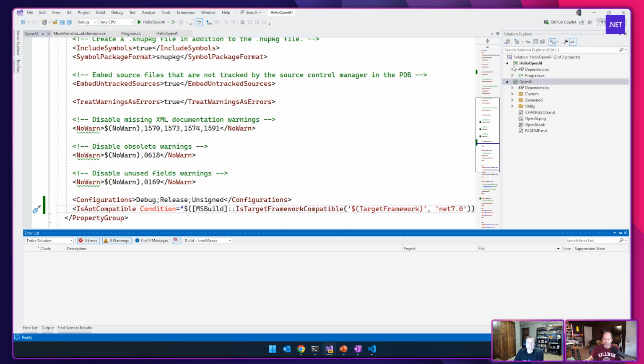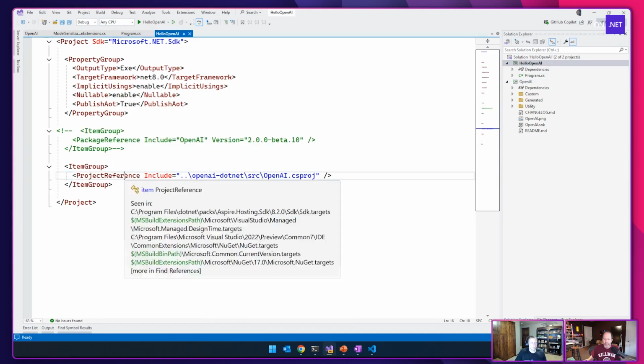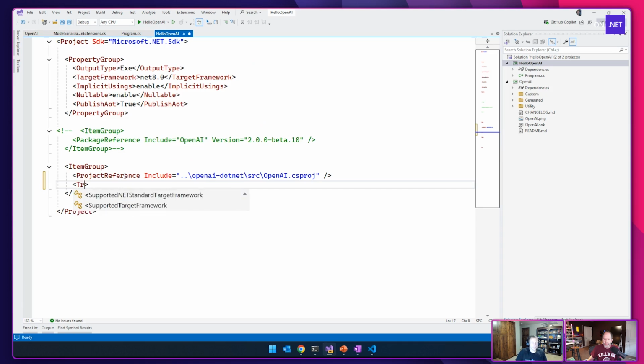This is not the greatest dev experience today, but a thing you can do is build a csproj that references your library.